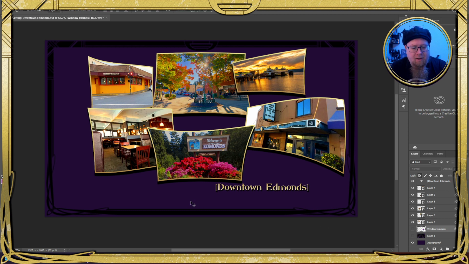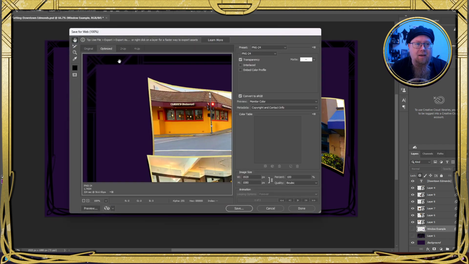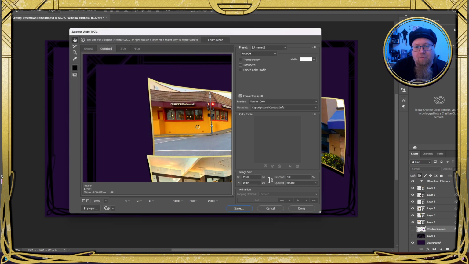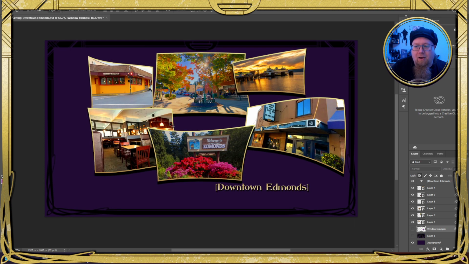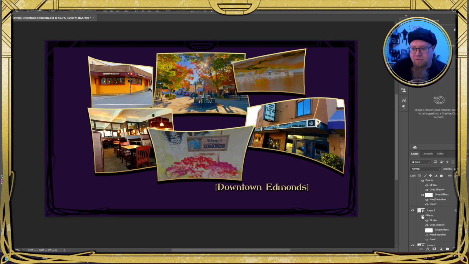So now we'll save for the web, which is Control Alt Shift S, and you can save transparencies in here, but in this case we're not making a transparency, so we can save some file size and just save it as Setting Downtown Edmonds, boom, like that. But we're not done. We do want to have our shadow, our spirit world.